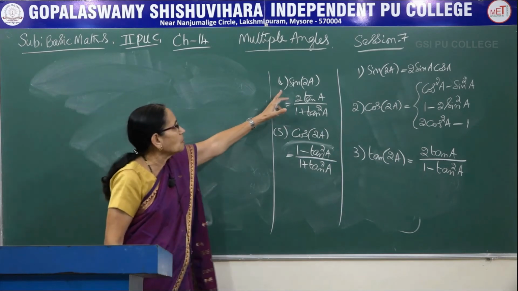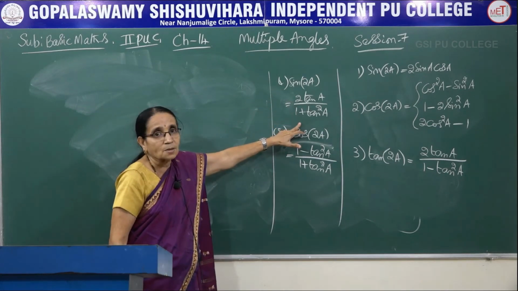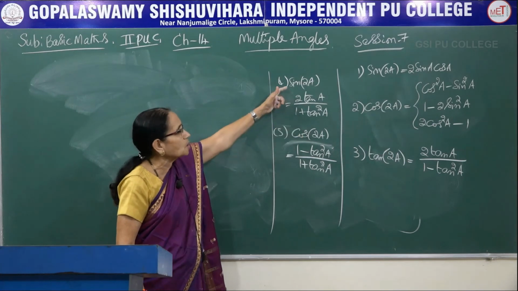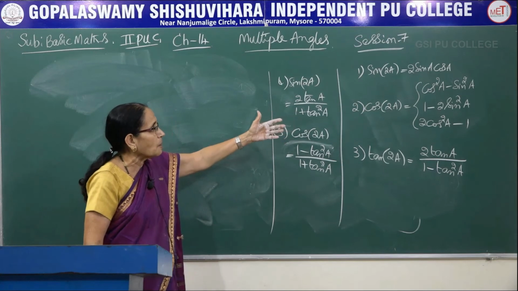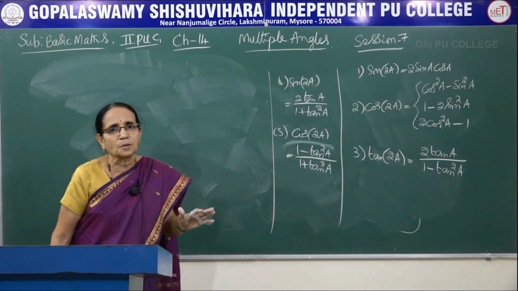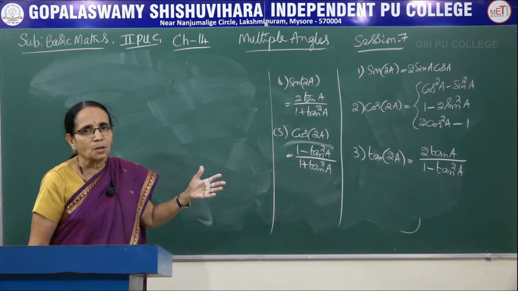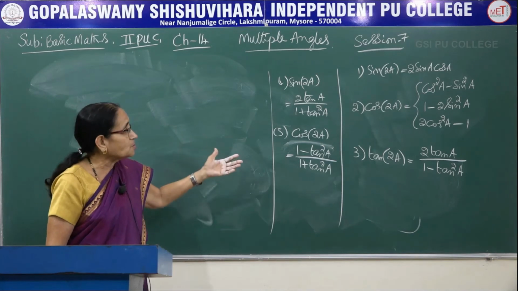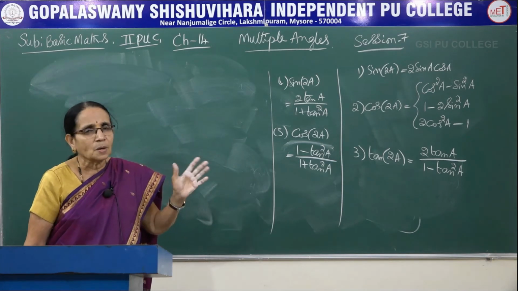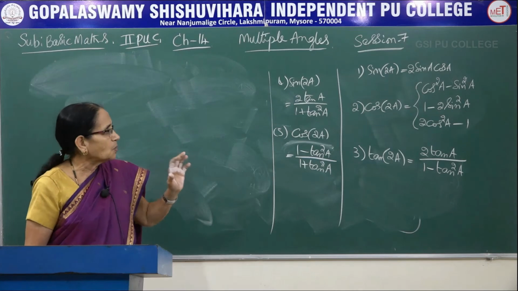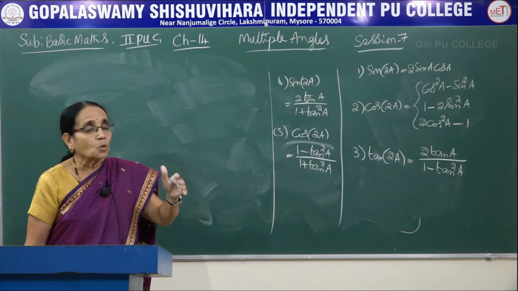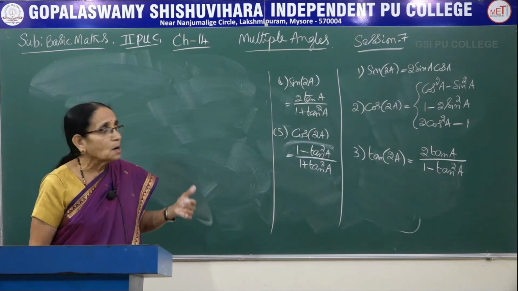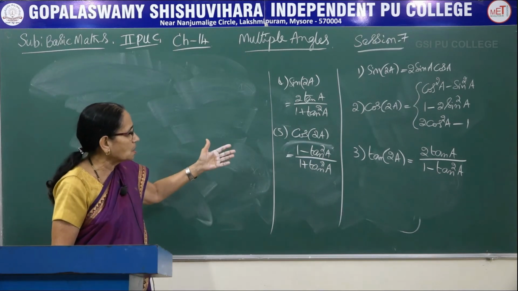If it is given in the form of left hand side, you can use the right hand side. Suppose it is given like this, you can write sin of 2A. Same thing will be applicable to all of them. All these formulae, any formula for that matter, whenever we derive any formula or we remember some formula, because they are equal to each other, if it is given in the left hand side form, you can use the right hand side, or you can go from right hand side to left hand side. All of them can be taken both ways.